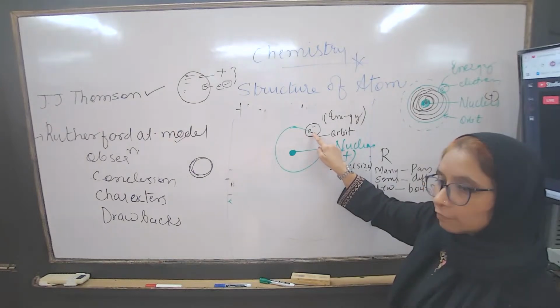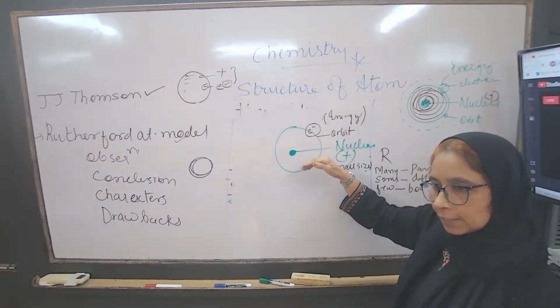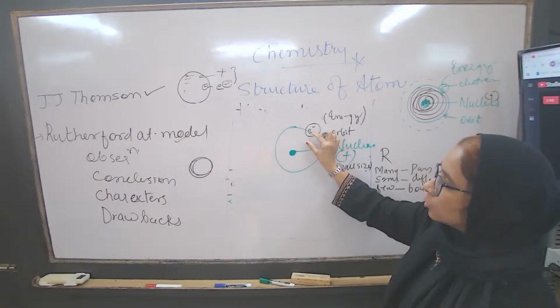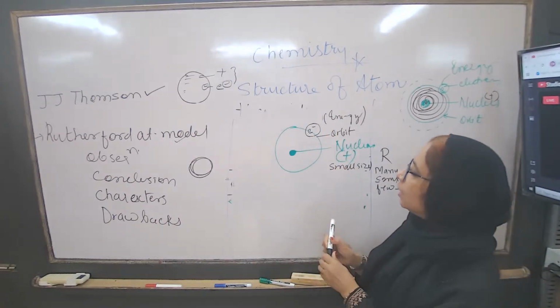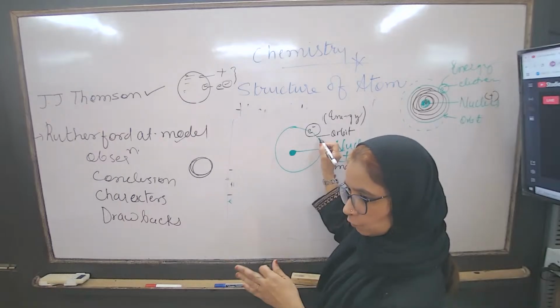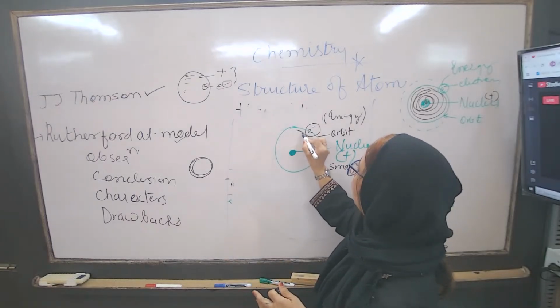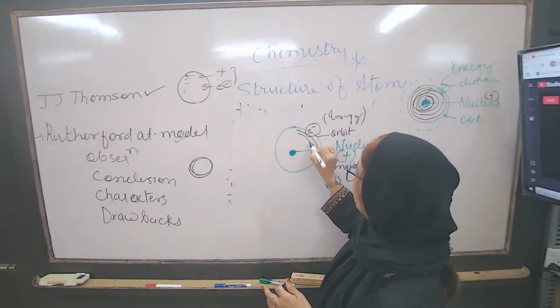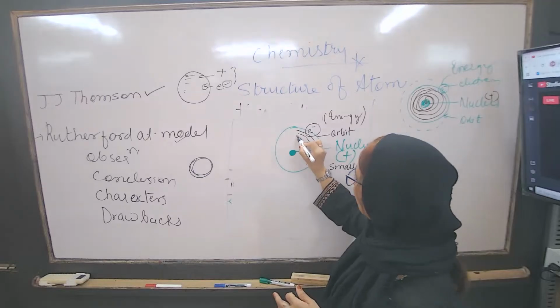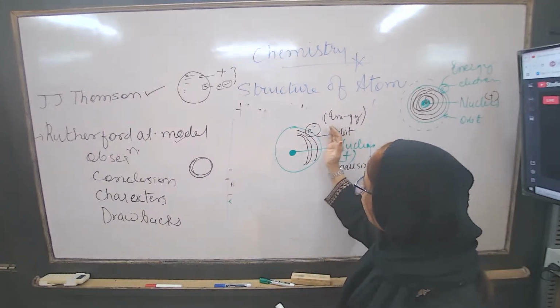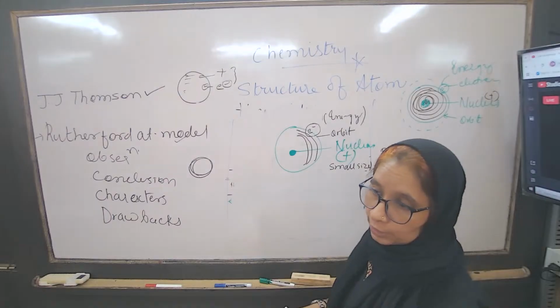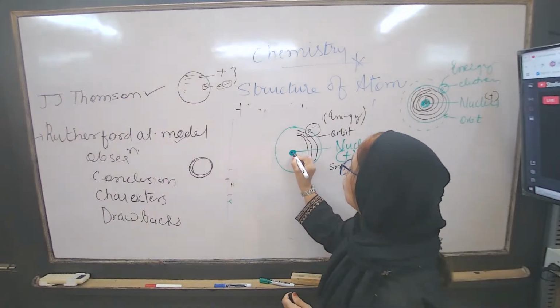Because the energy of this moving electron is decreasing. एनर्जी जैसे जैसे डिक्रीज होगा, इसका साइज कम कम होते जाएगा। For example, this is the first circle, then later the second circle, then slowly it will come very close to the nucleus, very close to the nucleus, and the nucleus is